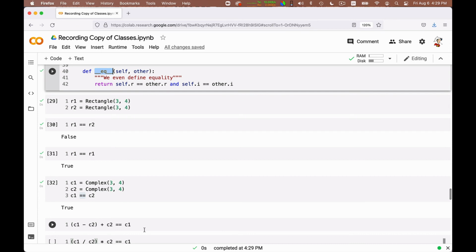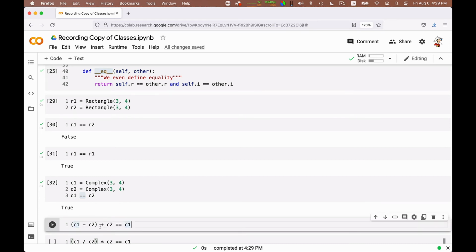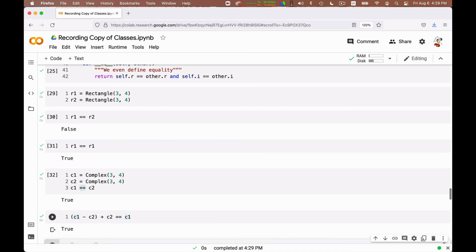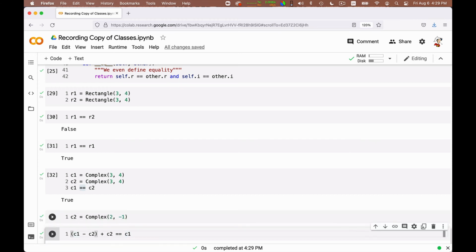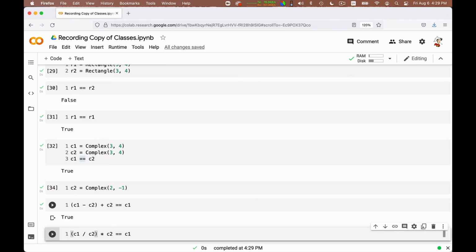For example, we can do C1 minus C2 plus C2, and this is equal to C1. Well, maybe not very surprising, but this works also if we change the definition of what is C2. If C2 is complex of, I don't know, 2 minus 1, this equality would still be true.